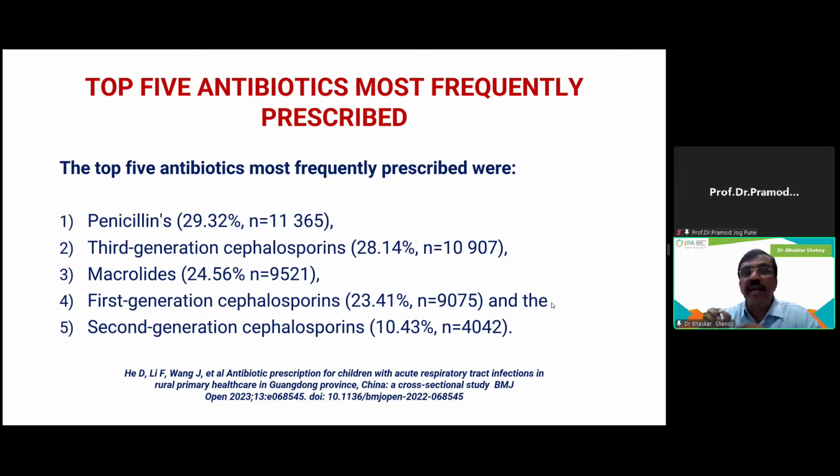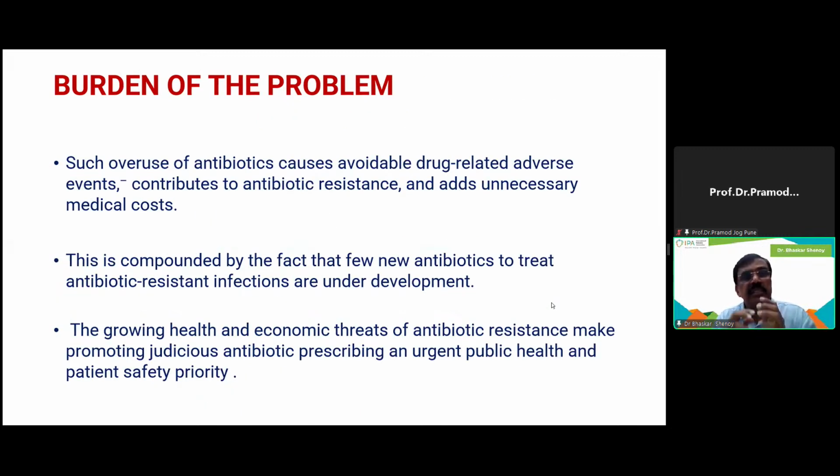The top 5 antibiotics that were prescribed were penicillin, about 30%, third generation cephalosporin, again around 29 to 30%, macrolides 25%, first generation cephalosporin about 23%, and second generation around 10% in the same study. Such overuse of antibiotics causes a lot of antibiotic resistance, and new antibiotics are very few in the pipeline, which we cannot dream of in the near future. With the growing health and economic threats of antibiotic resistance, we need to be very cautious and judicious in antibiotic prescription. This becomes an urgent public health and patient safety